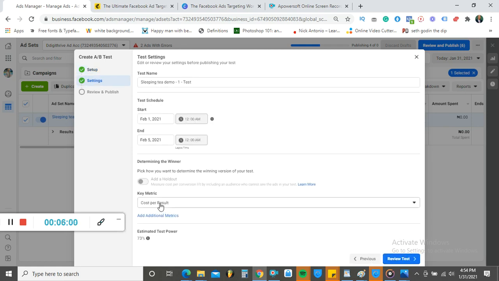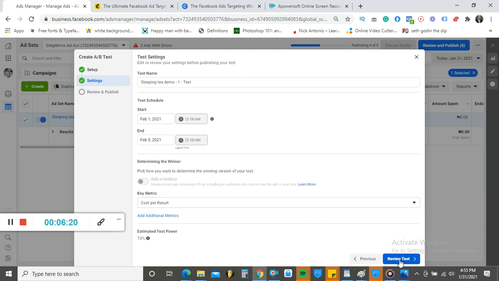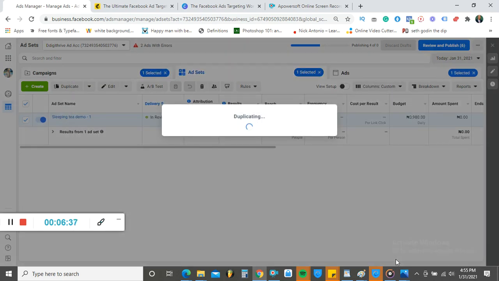When you click on next, it's going to ask you what metric you actually want to measure. There are a lot of options there. If you're running your conversions campaign, you can choose cost per purchase. If you're running traffic, you can choose cost per result. What does it cost to get a particular result you're hoping for? So I'm going to choose cost per result here, and click on review test. It is going to say duplicate ad set, and then I am going to click on duplicate ad set. So now this is actually going to duplicate, and you're going to see a symbol that represents